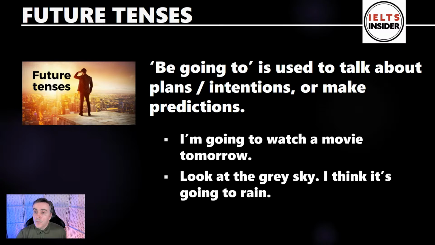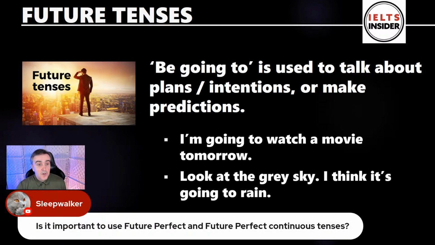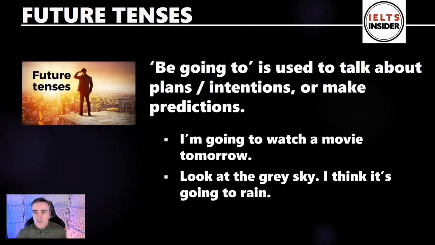Now, Sleepwalker also mentioned the future perfect and future perfect continuous. And so these are made up with things like I will have lived or I will have been living. These structures also refer to times in the future, but because they're not so commonly used, I'm not going to talk about them today. So those are the kind of four main grammar tenses we use to talk about future actions or scheduled events. So I thought that was quite a useful way to start the lesson today, to give us some ideas about the future.